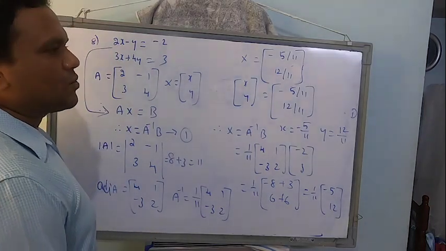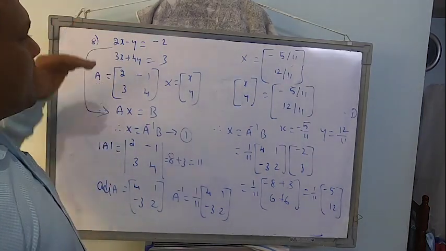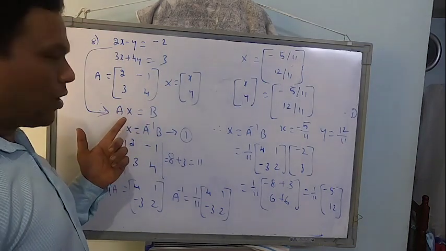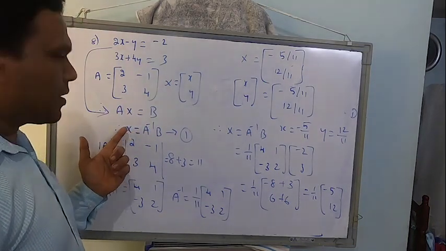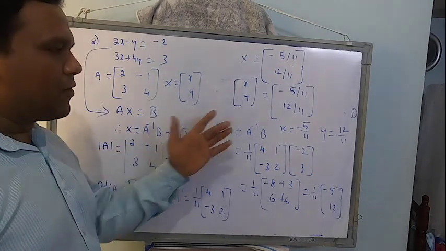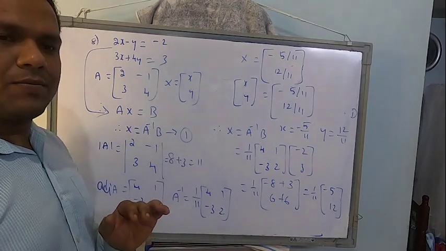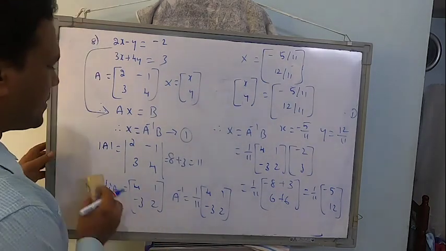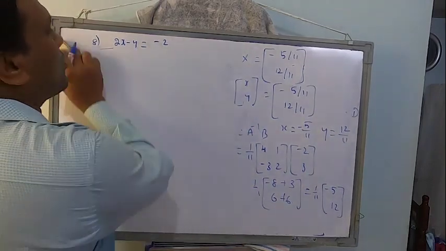So that's how it should be done, students. First thing, the given equations should be represented in 3 matrices. Therefore AX equal to B. I told you how you get this step, not directly. Therefore X equal to A inverse into B. Find out A inverse, multiply that with B, and then get the required answer. Fine. So I have explained 2 problems for 2 cross 2. Now let me explain 2 problems from 3 cross 3.